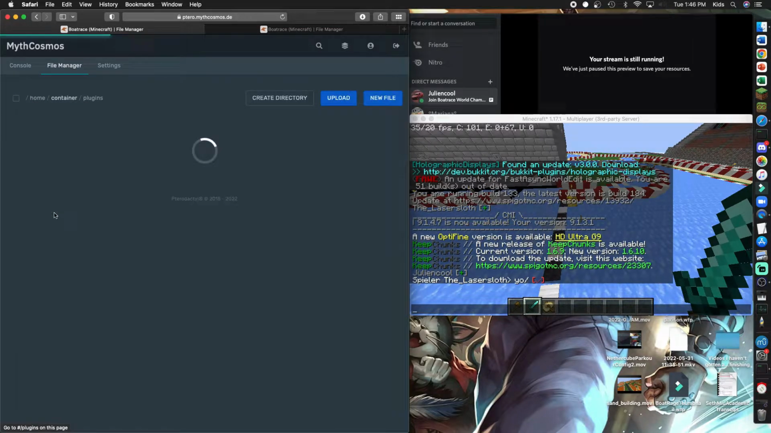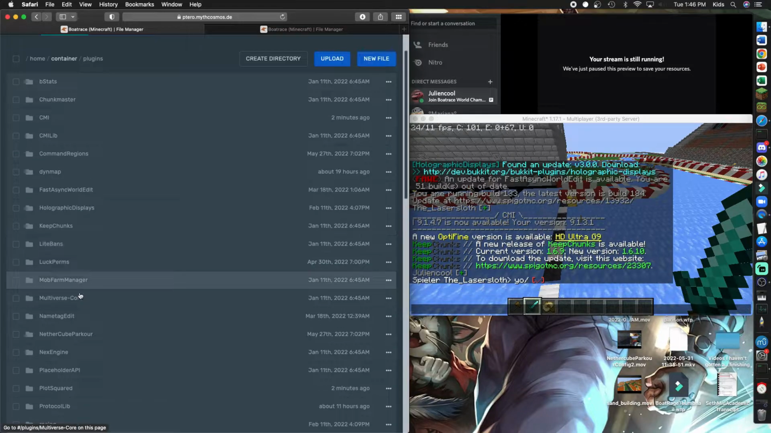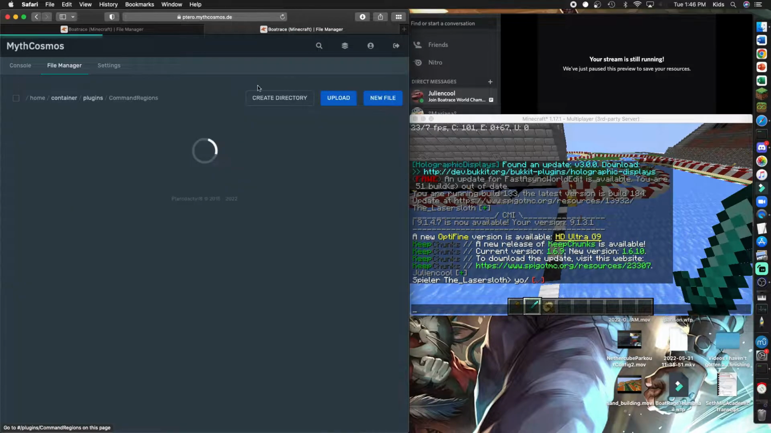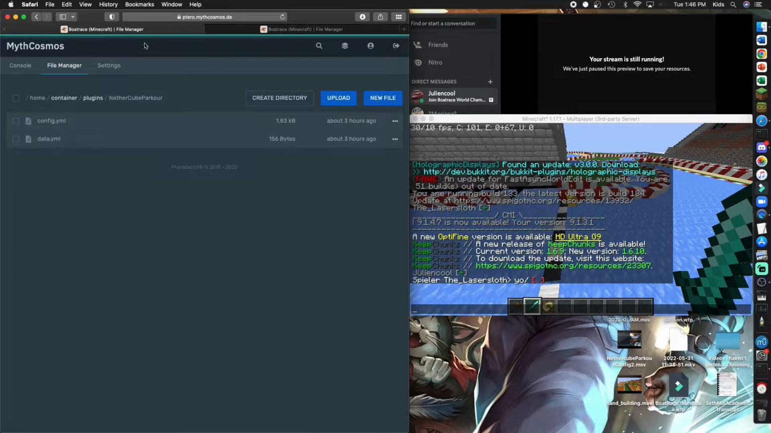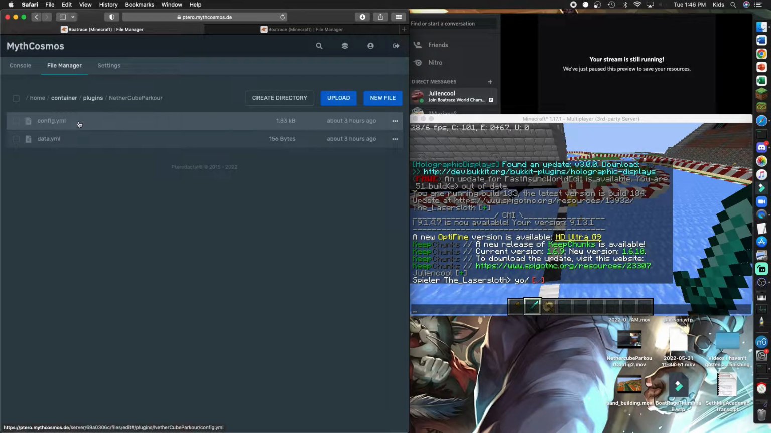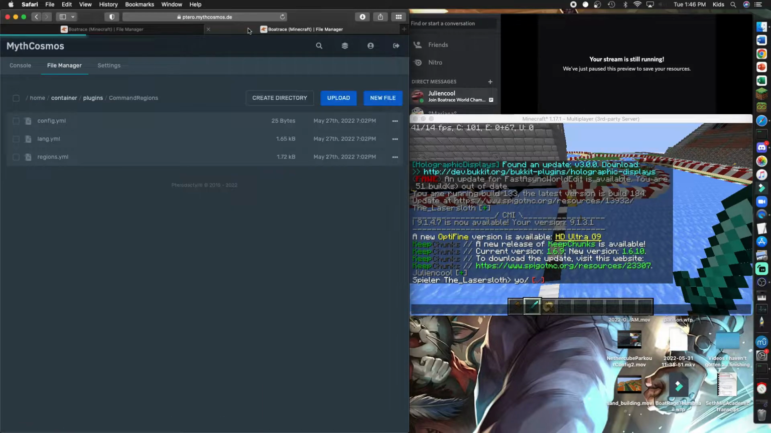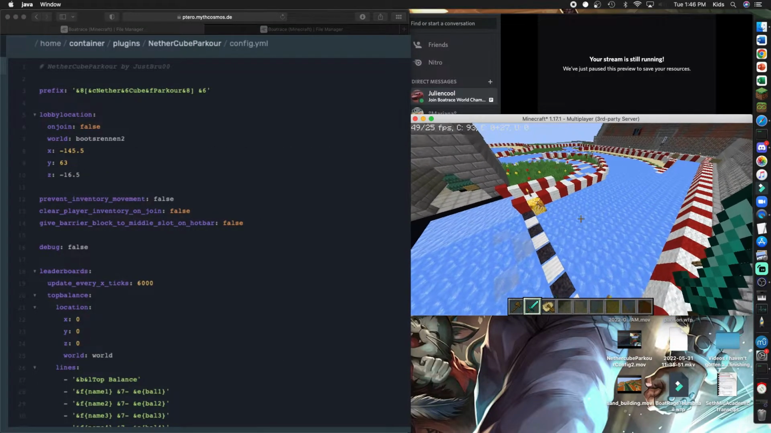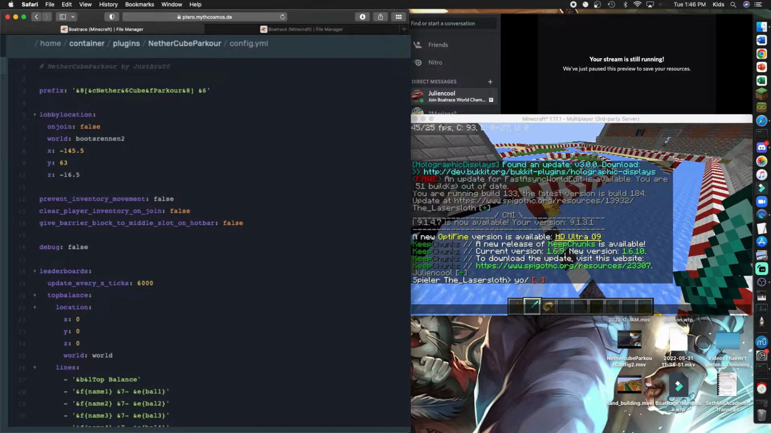So we're going to go to plugins, and we're going to put NetherCubeParkour in this tab, and CommandRegions on this tab. For NetherCubeParkour, we're just going to want the config.yml. And for CommandRegions, we're going to want the regions.yml. And yes, first, I guess we're going to want to set up the